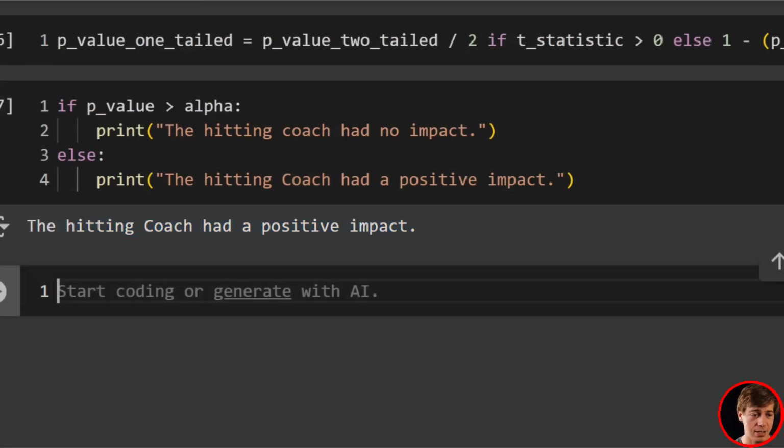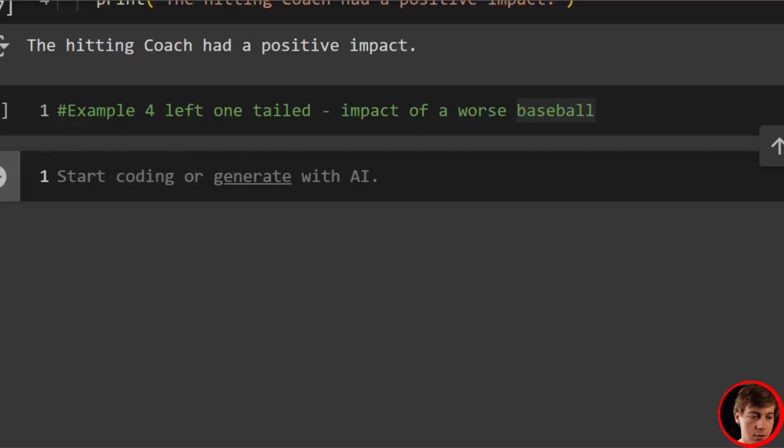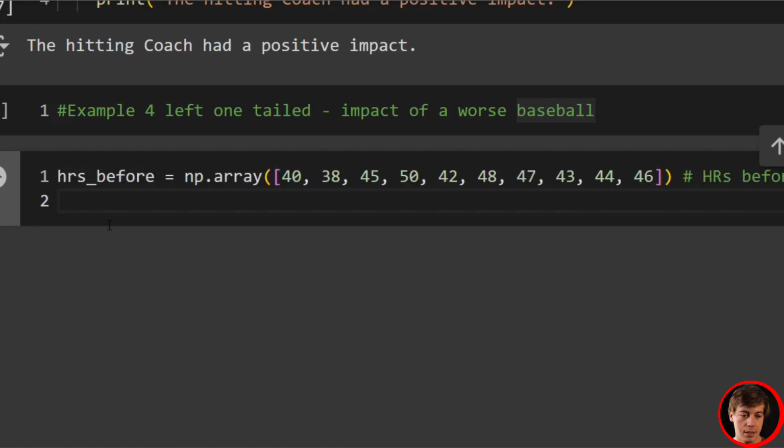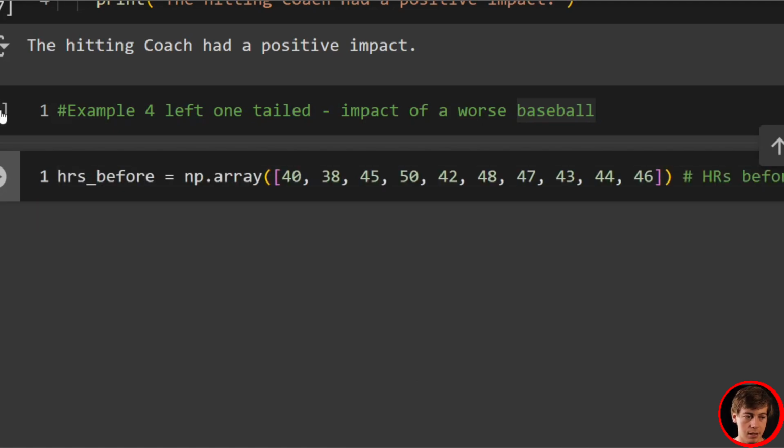And then lastly, let's take a look at a left tail example, which is the impact of a worse baseball. And we're going to take a look at home runs of different players. So a few years ago, Major League Baseball dampened the baseball, so they made it a little bit worse. Although I think that's changed, but we'll look at that. We'll say left one-tailed impact of worse baseball. And all right, so let's pass in our home runs before, and we have all these over here,